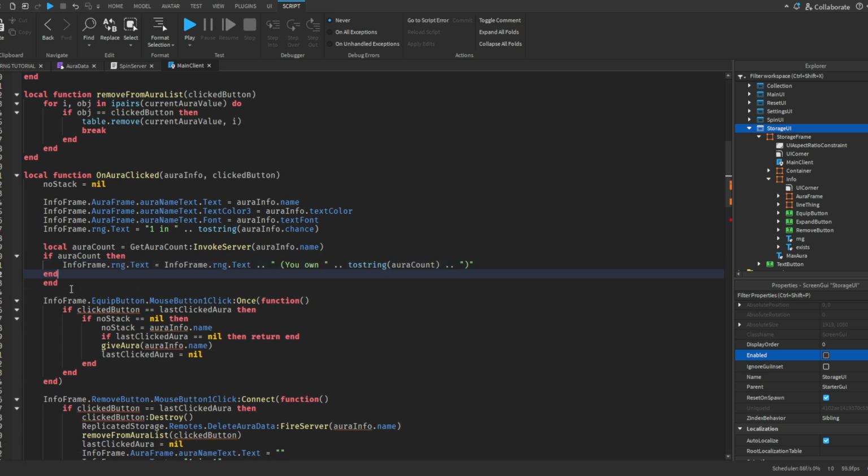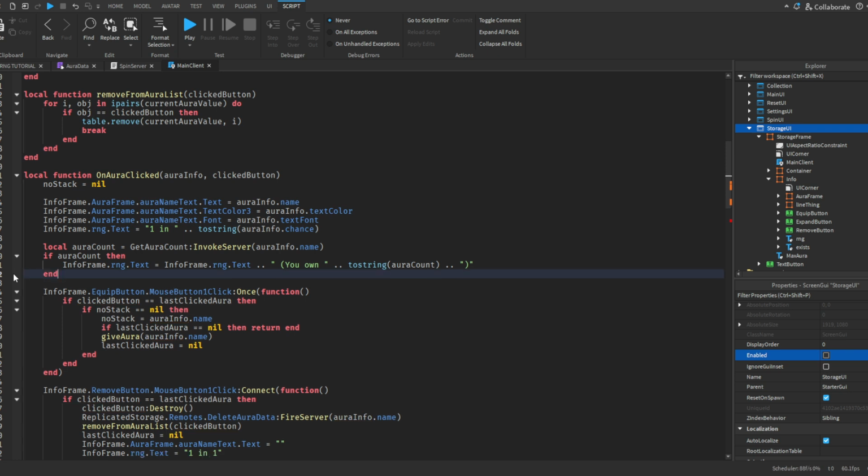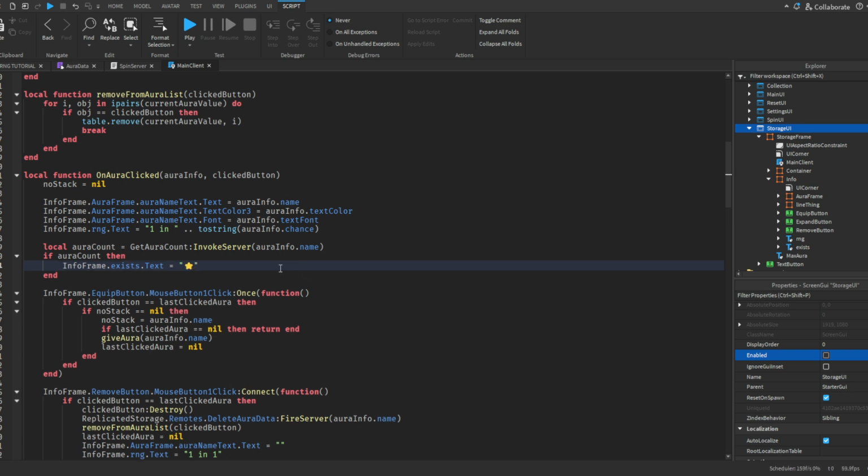So we can accept this here, because we can just change it then. So we might want to change this a bit. So info frame dot exists dot text is equal to, I'm gonna just put like an emoji thing, like this, like a star. And then I'm gonna put like,